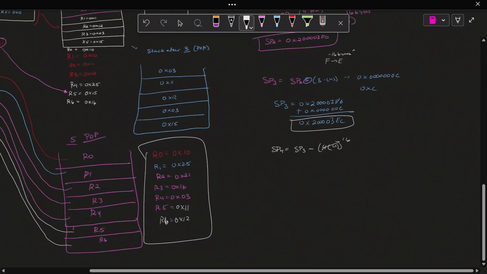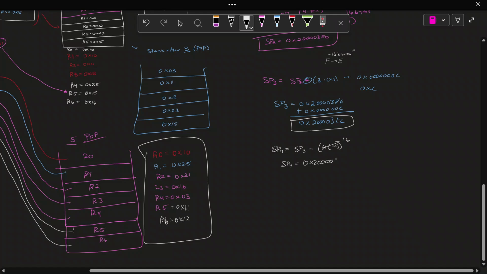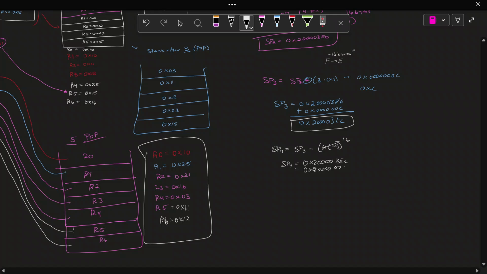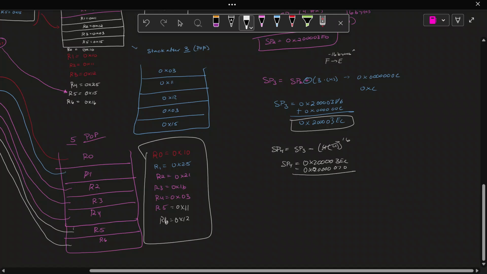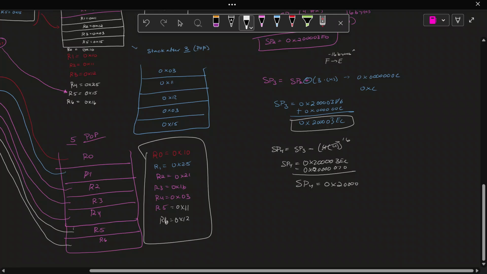So SP4 is equal to hex 2, 1, 2, 3, 4, 3EC minus hex 0, 1, 0. That's a 0 here. And we take away an entire E. So that becomes a D, right? SP4 is equal to hex value 2, 1, 2, 3, 4, 3DC. And SP